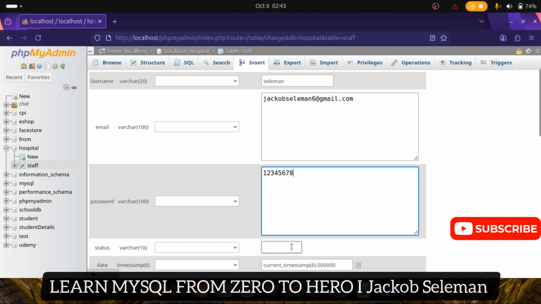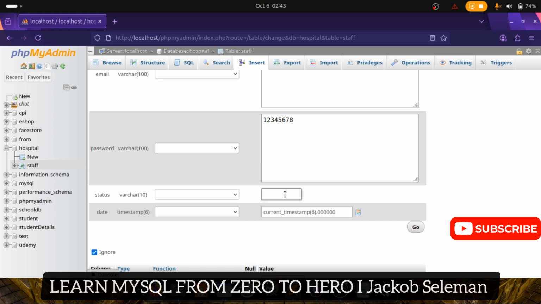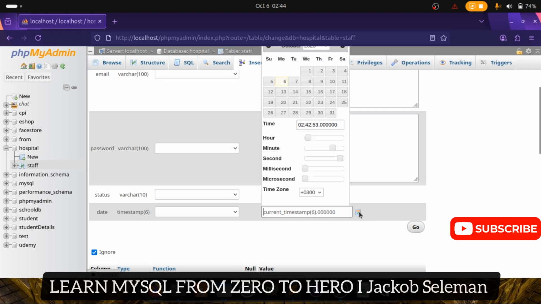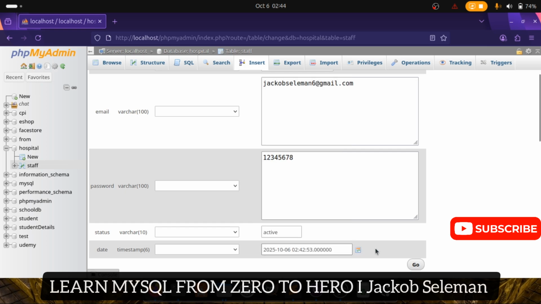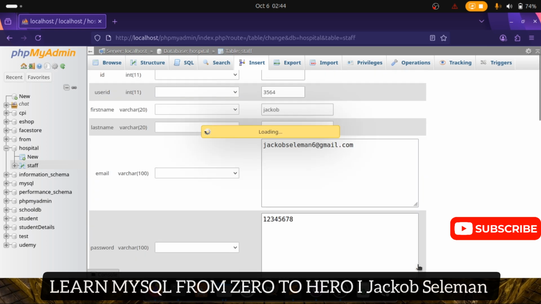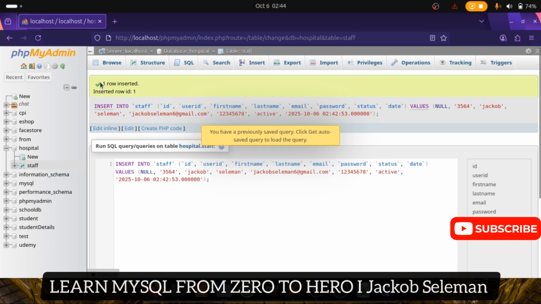The status of that staff member is active. And here on your date, you can click there, here where the cursor is, and it gives this feature, and just click enter on your keyboard to put the time of today, and click go. So now you are successful. It's showing one row inserted. Here is a query that was used to insert